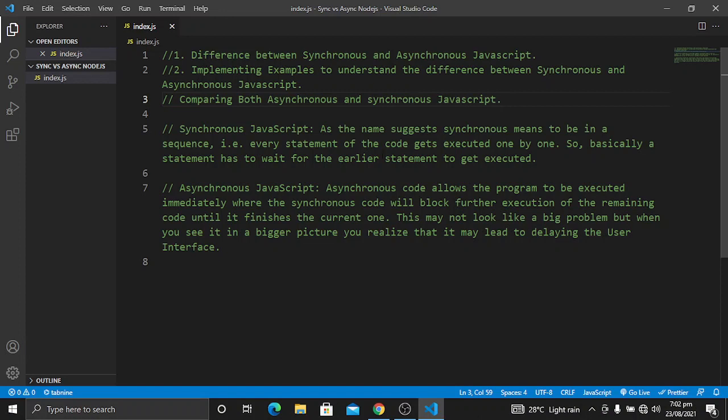Synchronous, as the name suggests, means to be in a sequence. It means that every statement of the code gets executed one by one. Basically a statement has to wait for the earlier statement to be executed.